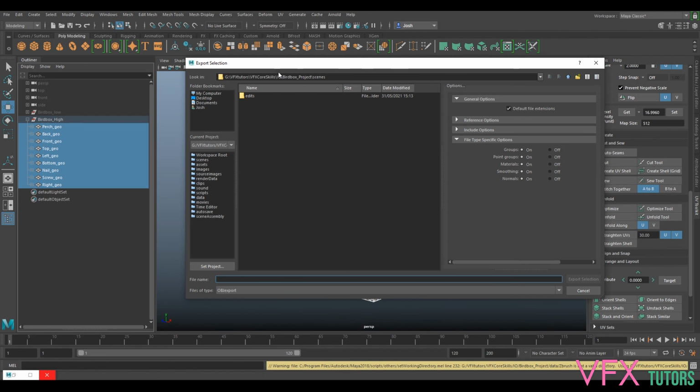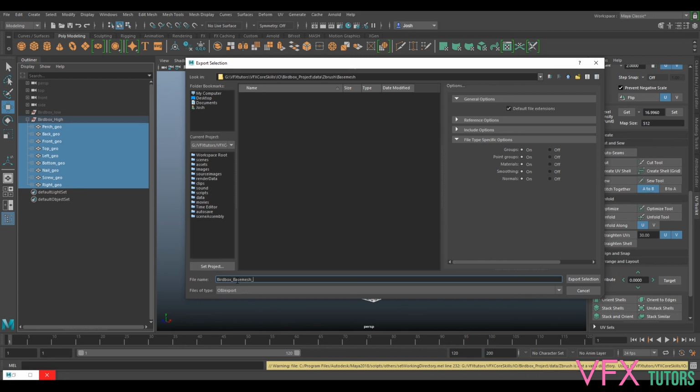And you should already be in your project settings, so we'll be in Scenes. I don't want to put it in there. I'm just going to go to, because it doesn't make one for ZBrush. I think you can customize these, but I'm just going to put it in Data, and I'm going to make a new folder called ZBrush. And then double click in there and make a new folder for base mesh. And I'm going to call this bird box